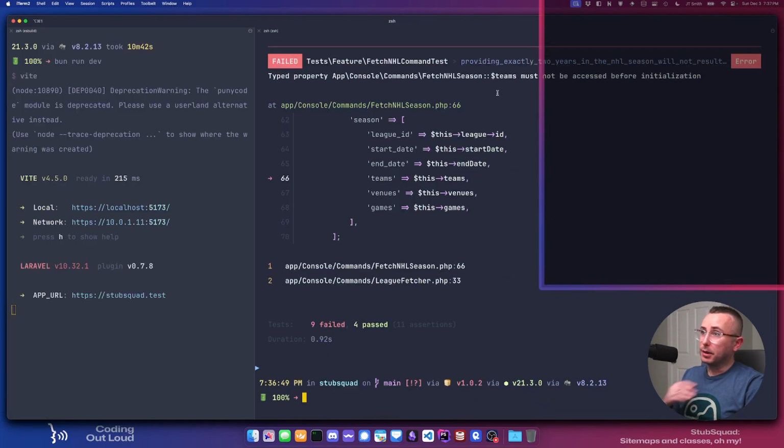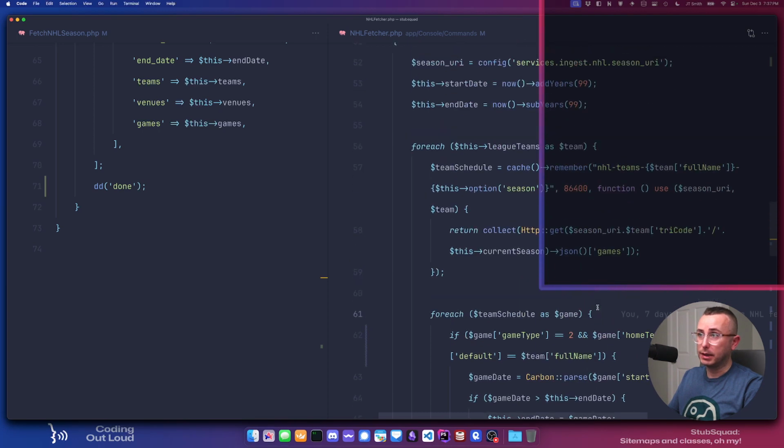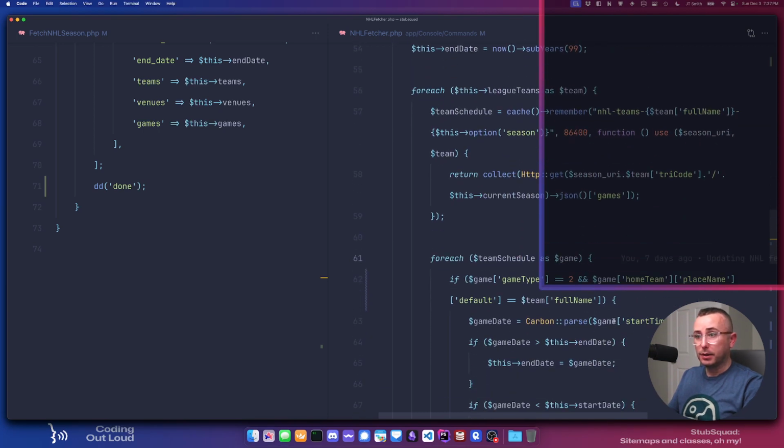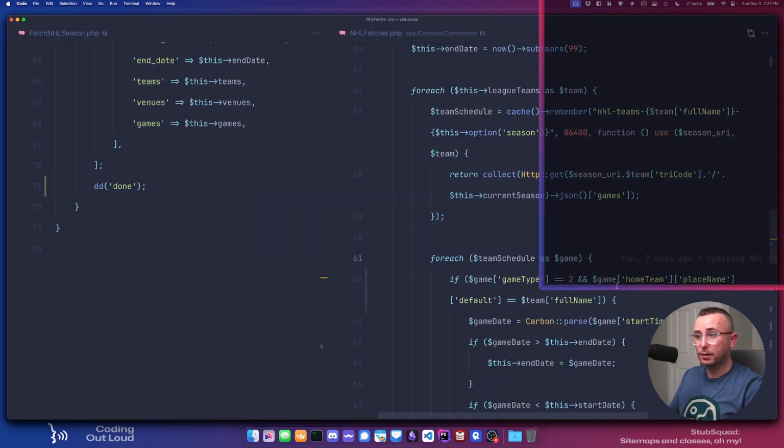Okay, what is it squawking about? Teams must not be accessed before initialization. Okay, so it's saying that we haven't even created teams yet. Okay. So, oh, and of course, yeah,